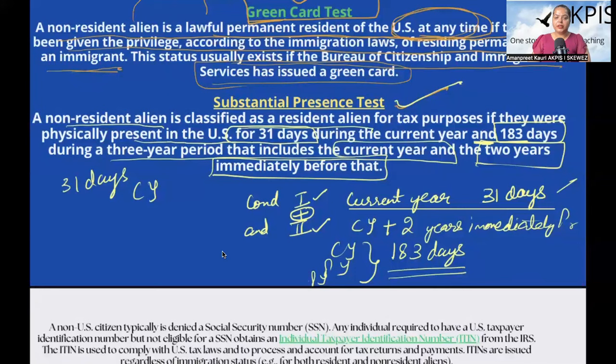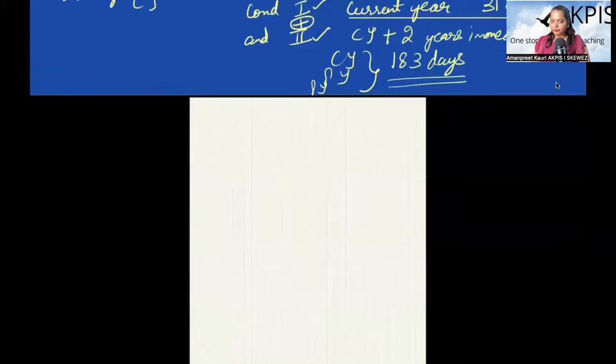So we have covered the concept related to the substantial presence test, green card test and all. Now let's proceed further. Let me give you an example. Let's add a sheet over here. For example, if we are evaluating and computing the filing requirements for a year, let's say 2023,